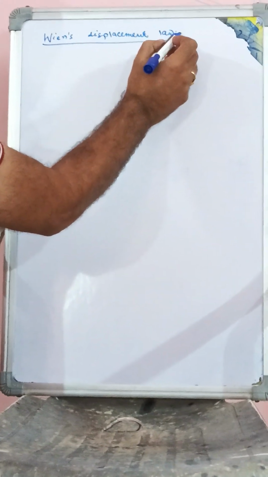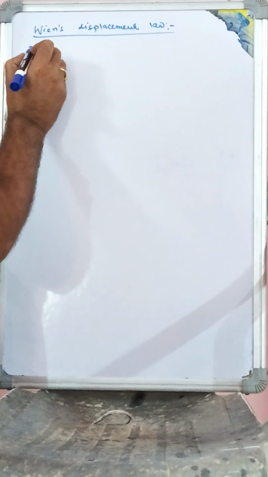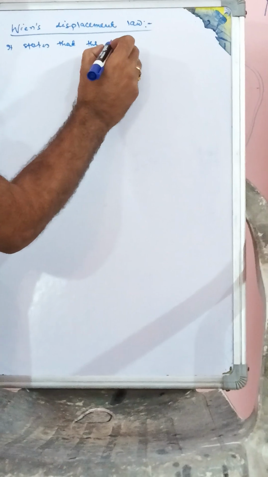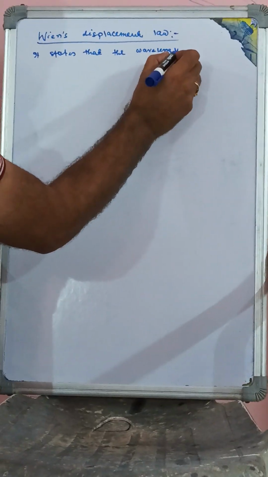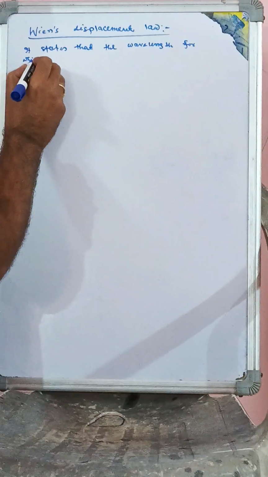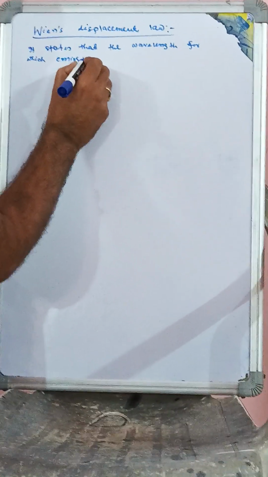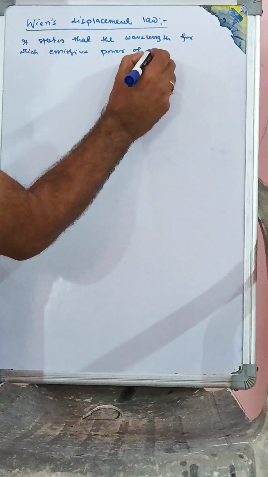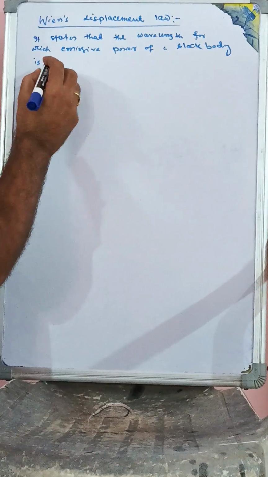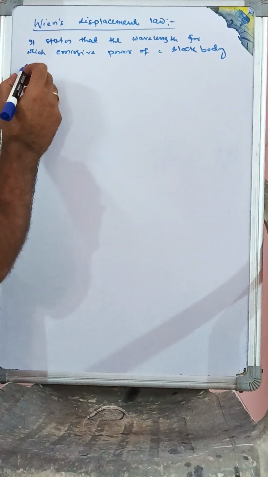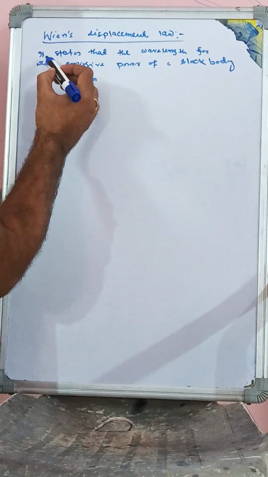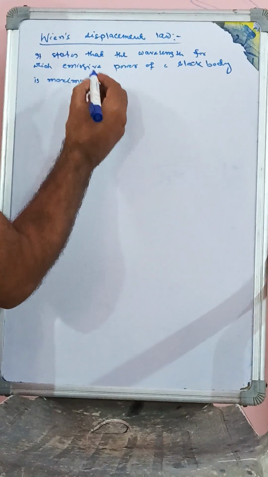Wien's displacement law. It states that the wavelength for which the emissive power of a black body is maximum